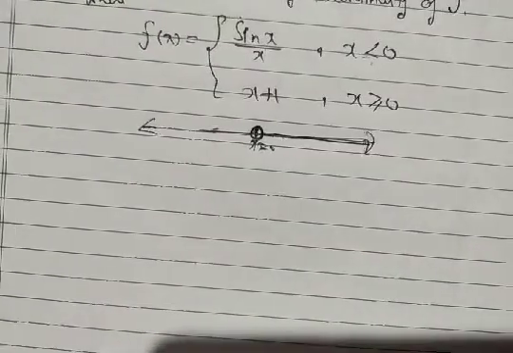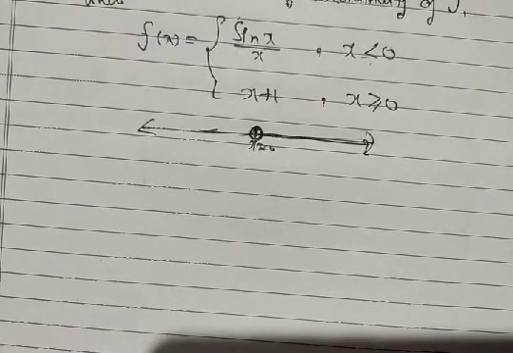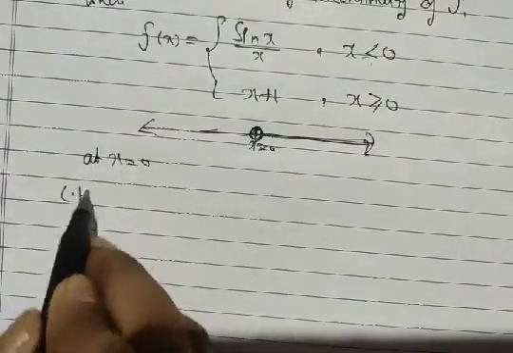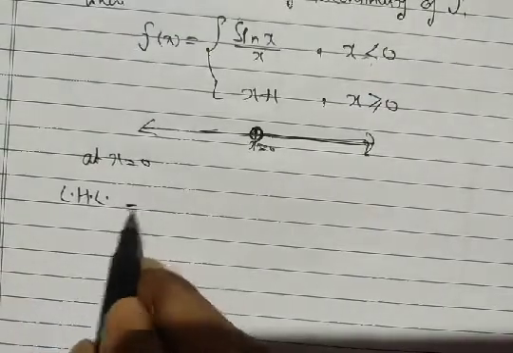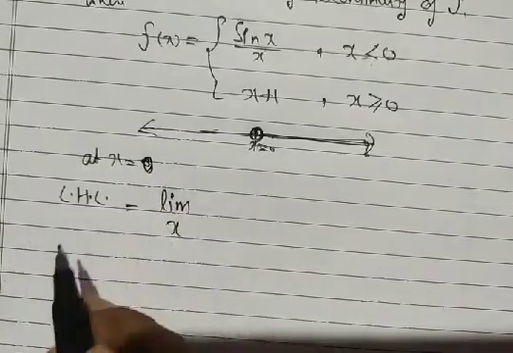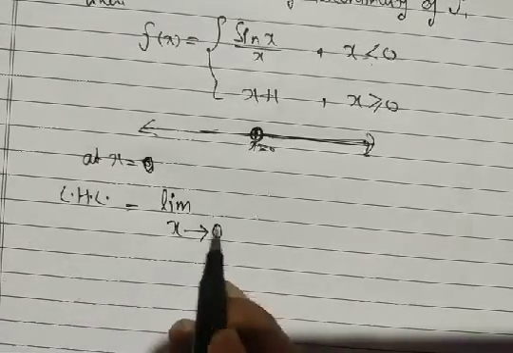Now we are going to proceed with checking continuity at x equal to 0. We have to check its left hand limit and right hand limit; both must exist and be equal. Then f of 0 must also coincide with the left and right hand limits. At x equal to 0 we first check the left hand limit. How do we get it? We start with limit x tends to 0. Left hand limit means we take a neighborhood point near 0, so x tends to 0 minus.